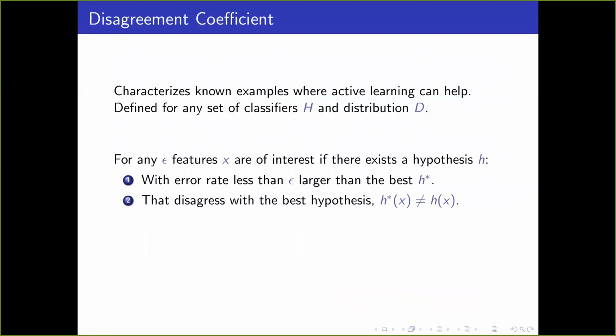Okay, so let's pick an epsilon. Epsilon is going to be some value between 0 and 1. Let's think about some hypothesis h. If the error rate of h is less than epsilon,